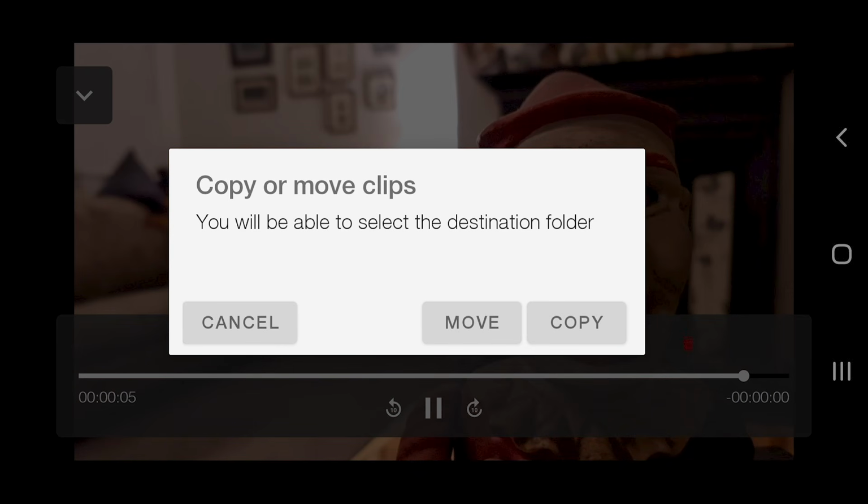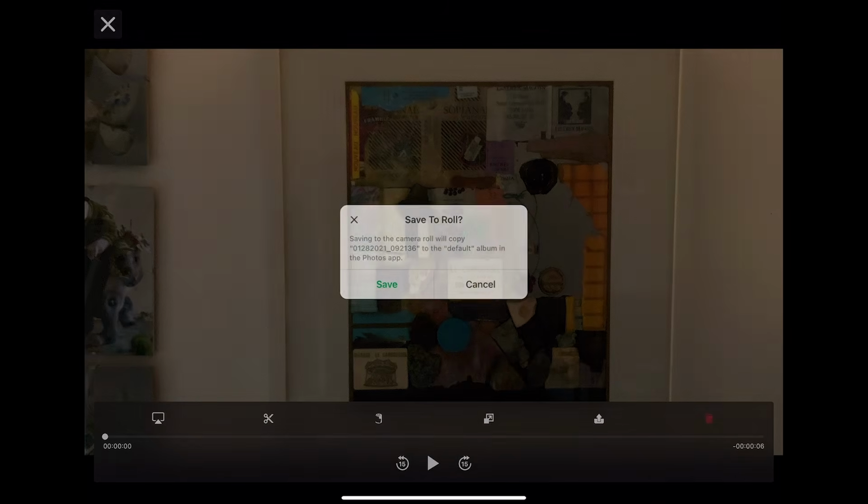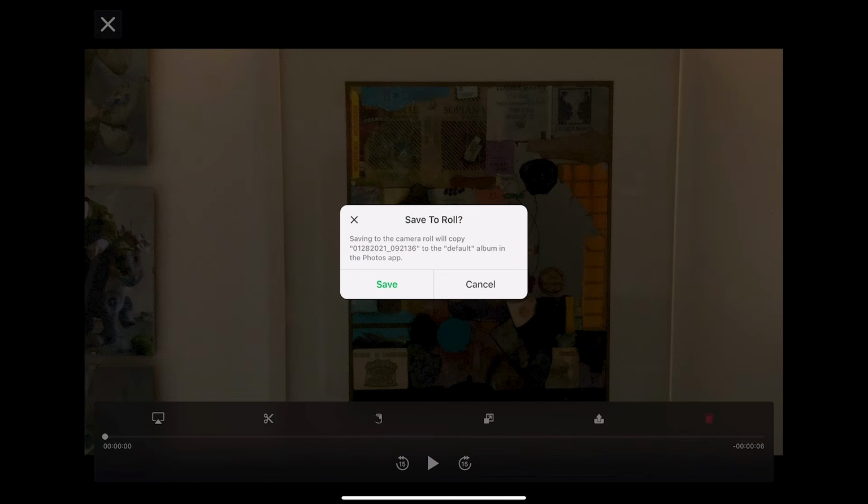With an Android device, when you tap this, you are asked if you want to copy or move selected clips. If you have a folder on your device you want to move or copy the clip to, use this button. In iOS, this button allows you to save the clip to your camera roll. In other words, the clip will appear in your main iOS Photos app. However, FiLMiC say this can result in a loss of quality of the video, especially if the clip is a